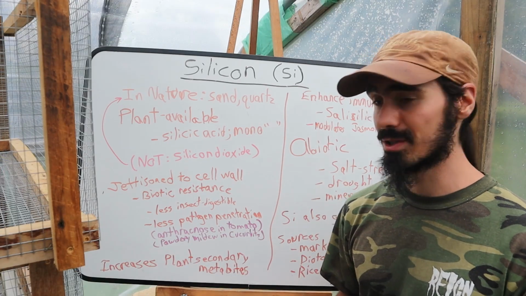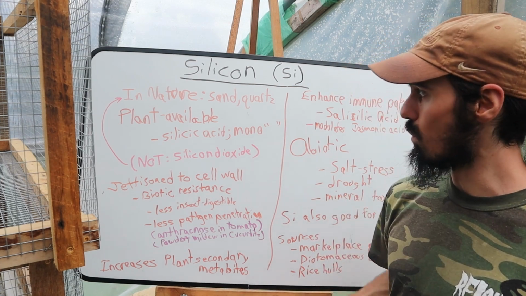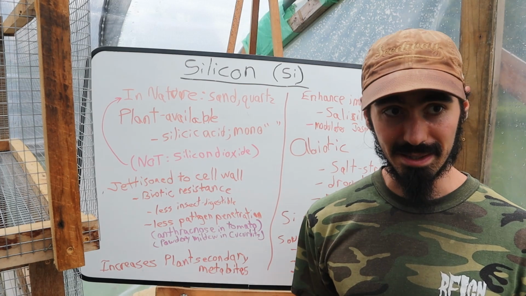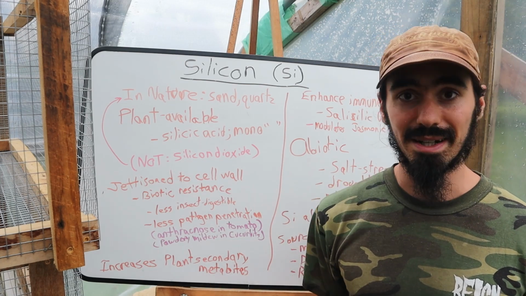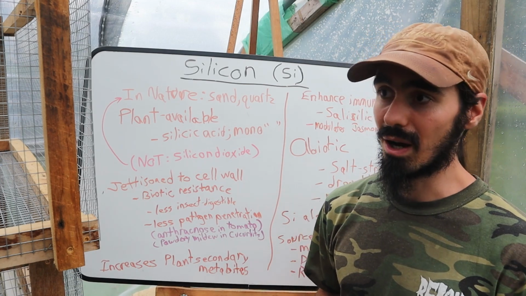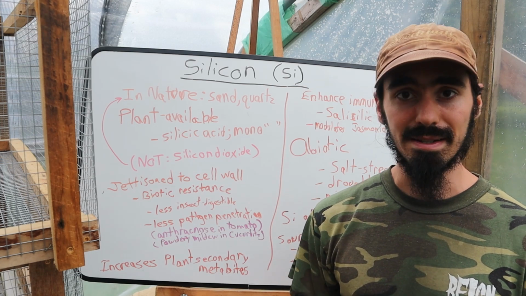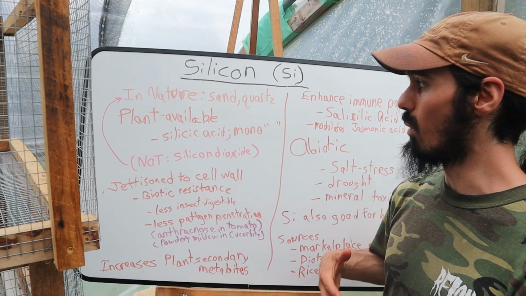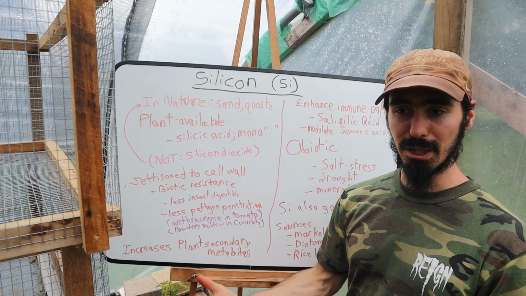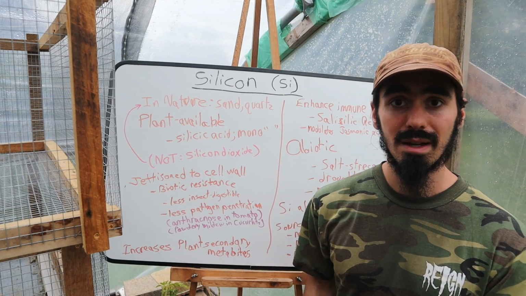One other note that I want to really impress upon here is that silicon is not just beneficial for plants, right? But it may also have beneficial effects on humans as well. Obviously, I'm not a doctor or a health practitioner or any type of dietitian, but silicon may have some benefits for bone and teeth growth and maintenance, and it can have some other potentially beneficial effects in the human system as well, right? So when we're fertilizing or being mindful with making sure our plants get enough silicon, understand that it may also have farther reaching effects, such as being beneficial to our health potentially as well.